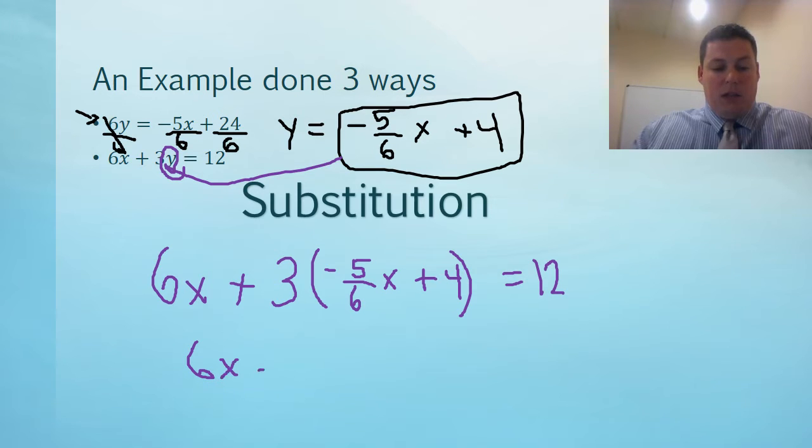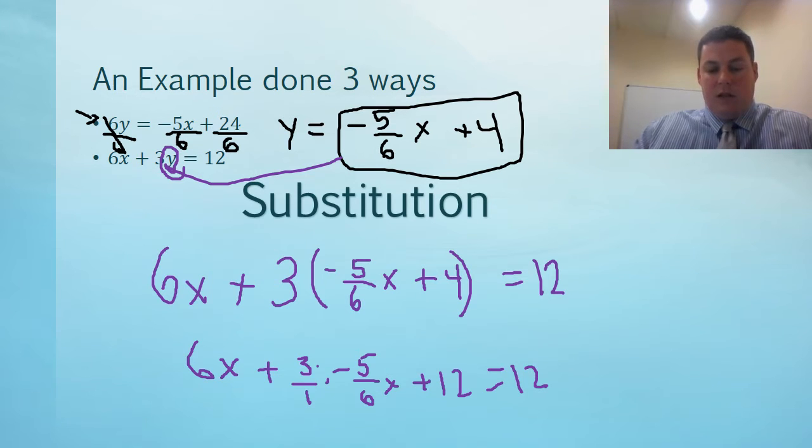Remember, we distribute, then combine like terms, then we find the variable. So 3 times negative 5/6, I'm just going to write it this way so we can kind of see what we're going to do. So times negative 5/6x, 3 times 4 is 12,